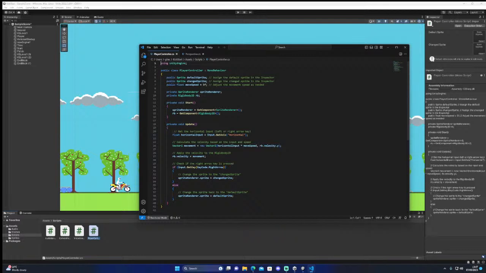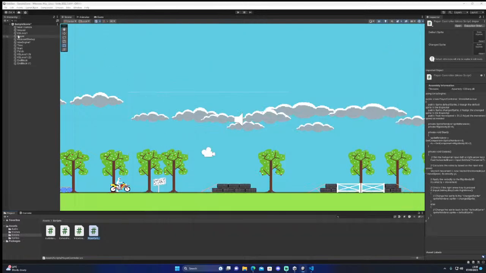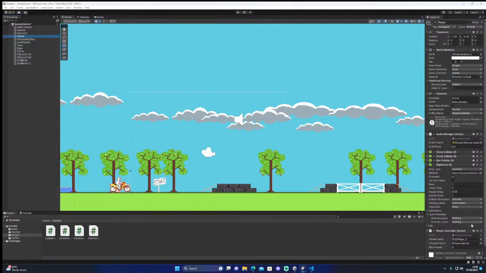Right. So when the right arrow key is pressed, then it's going to change the sprite to the change sprite. So I want the default to be, otherwise he's just, oh right, so I need it to be the other way around. Let's minimize that player, so that I want the default sprite to be